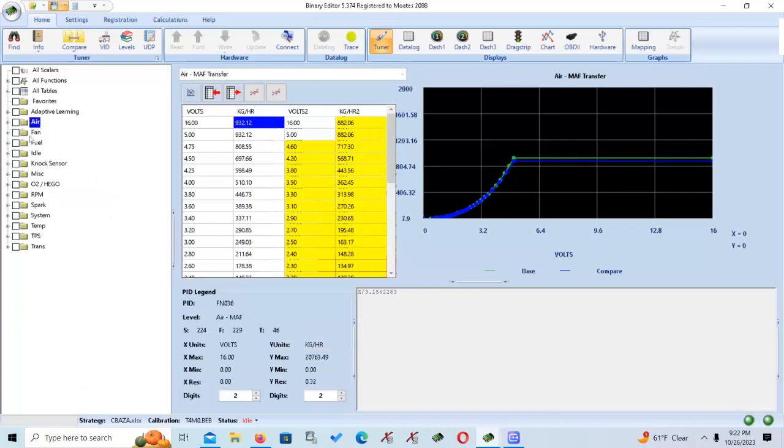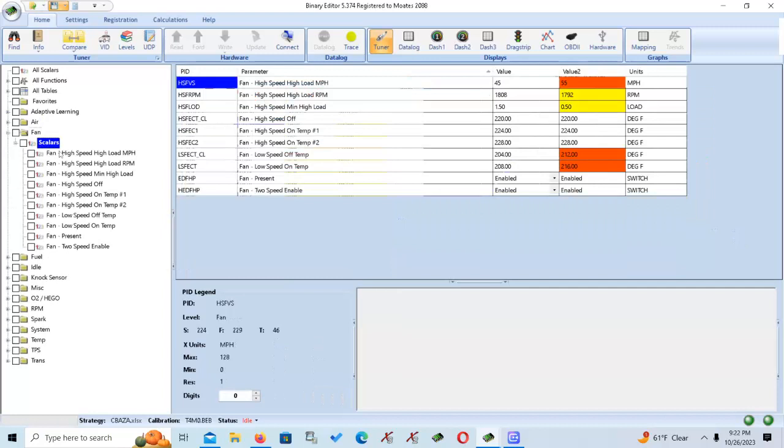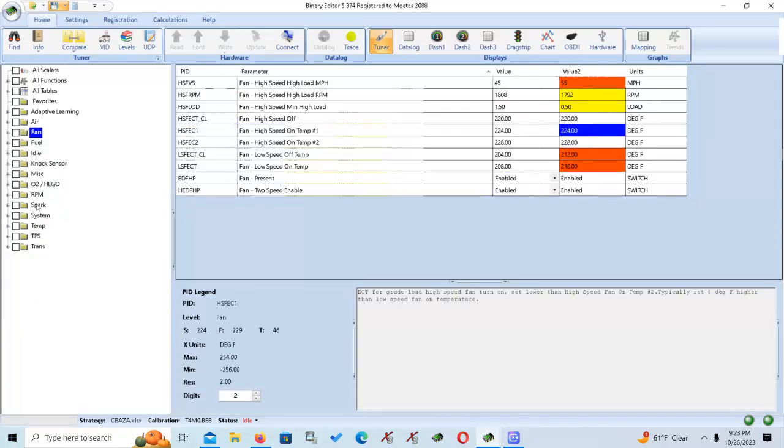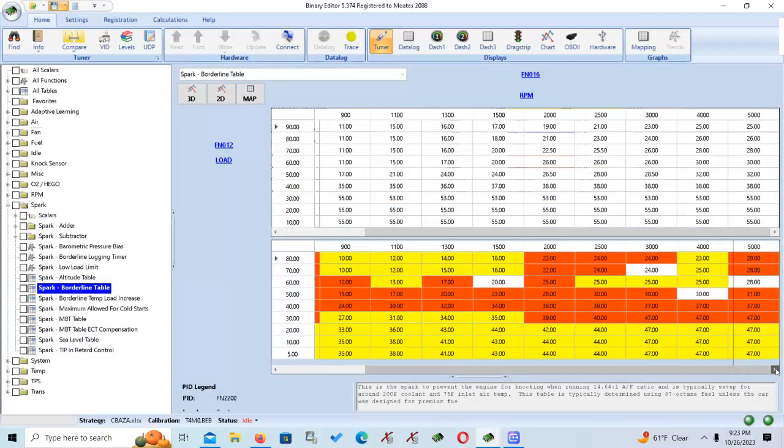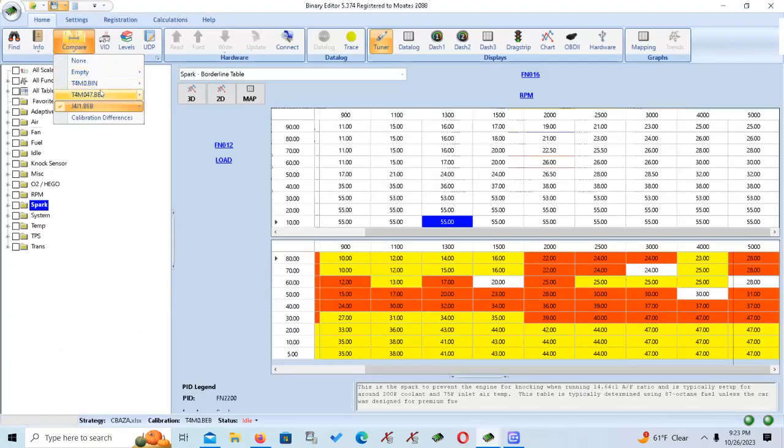They did a lot of stuff on the Cobras. For some reason, like I say, I believe most all of it was EPA related to meet the standards for miles per gallon. And you can see on the fans, low speed on the GT turns the fan on at 204. On Cobra, it waited till 212. Actually, that's off speed. It's turned on at 208 and 216, and then on high, it turned on at 24. So they did some things. Everything is different. They gave the Cobra a little more time, and up high they gave it less down low. A lot of things there, but I'm going to compare now to